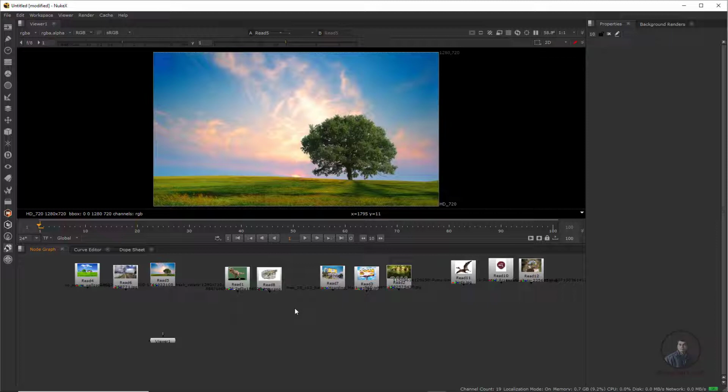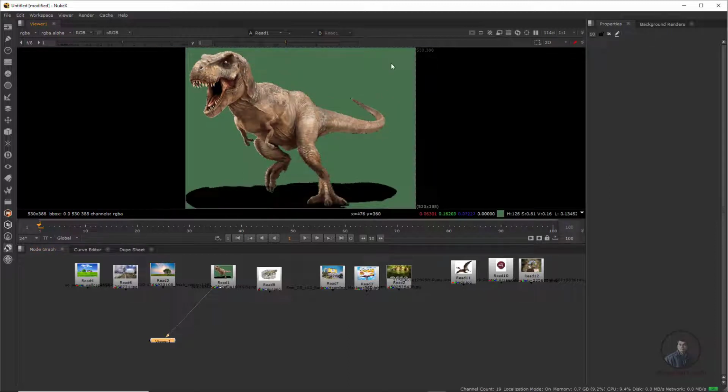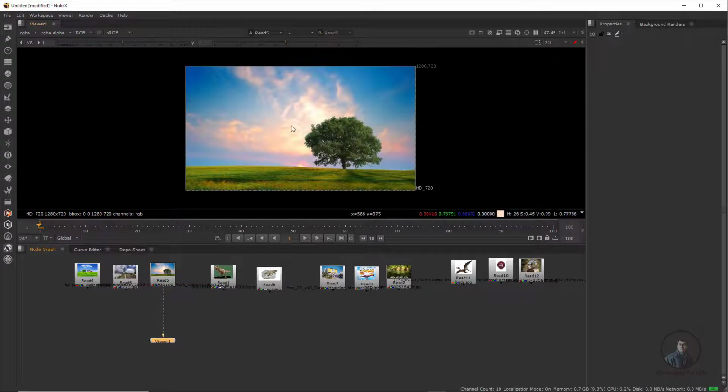So first, for compositing in Nuke we need a Merge node. With the help of the Merge node we can merge two images. So first I have this image, just select this one and press 1. This will connect to Viewer 1 and it will display here. Now press H. H means home your viewer. This image we have to composite on this background.